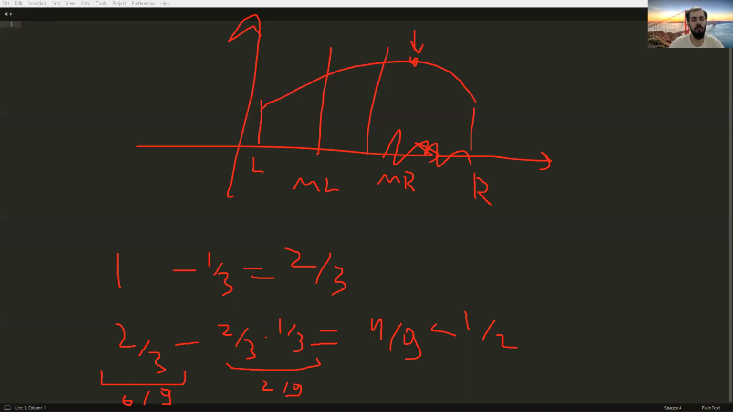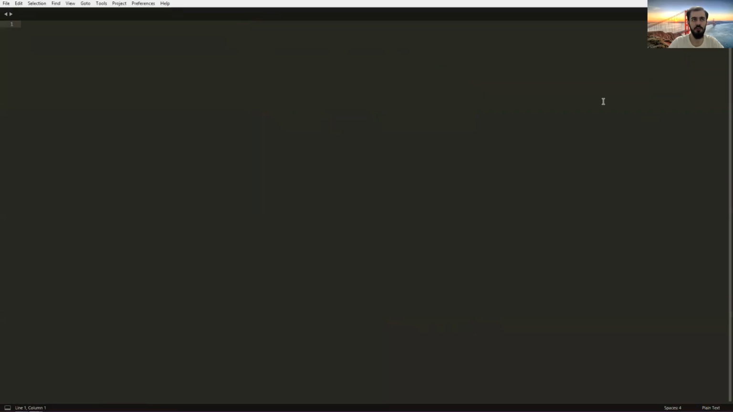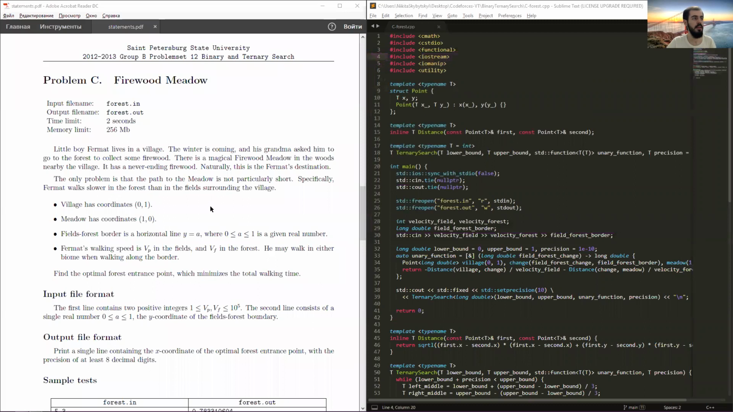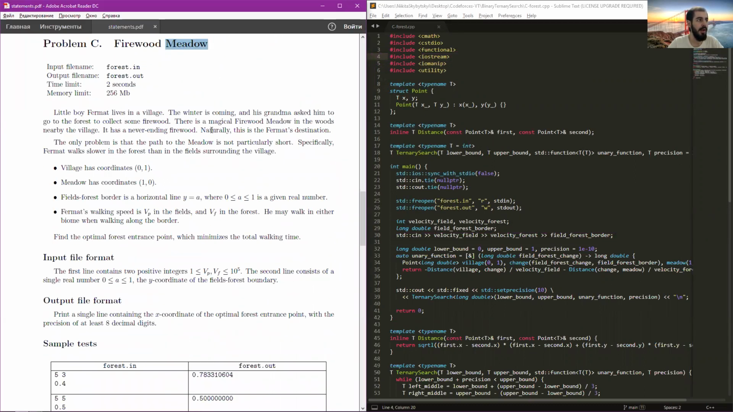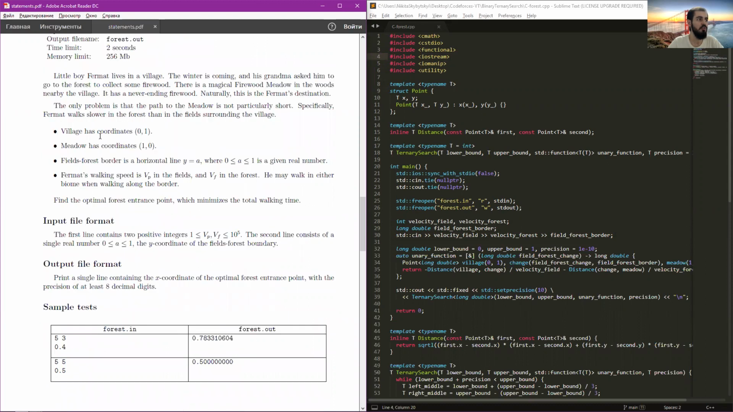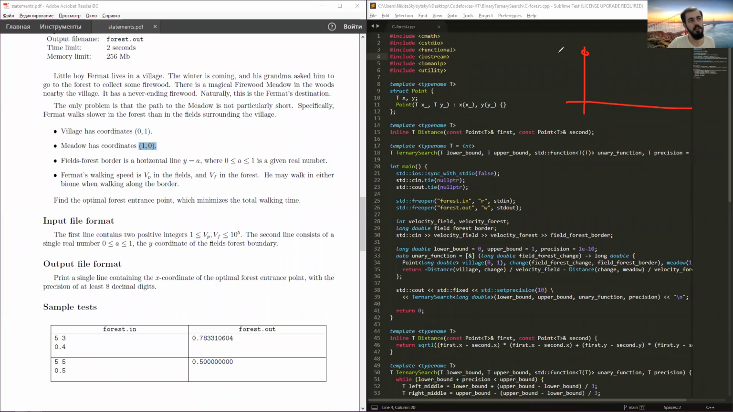Now, a couple of problems where you can encounter unimodal constraints. Some physical problems. For example, here in Firewood Meadow, we want to travel from point 0, 1 to point 1, 0. Let me draw it. I guess we are here. We want to get here,